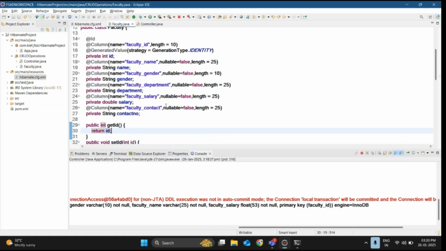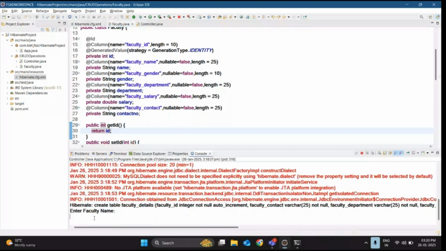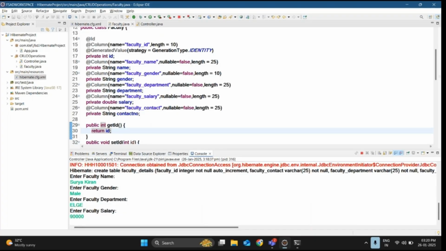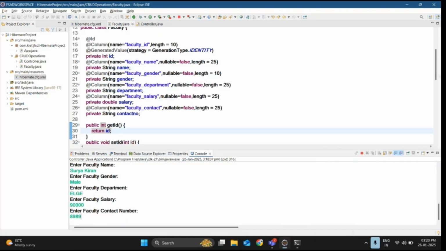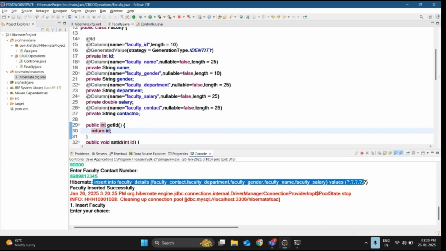So let me give one name, and let us all try. See, insert into faculty underscore contact underscore department, gender, faculty name, salary, where values is equal to question mark. My query is visible in the console means only one thing,